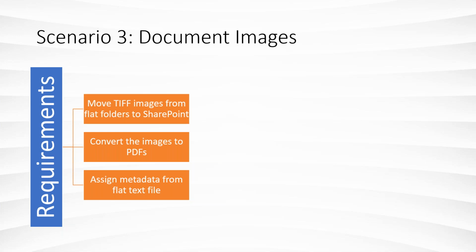And we needed to take all of those TIFF files and merge them together so that all the pages of a single document became a single document. So basically, if the original document had been 3 pages and they scanned it, it ended up being 3 individual TIFFs. We needed to put that back together as a PDF. One PDF had three pages inside. So we had to merge them together and then convert them to PDF.